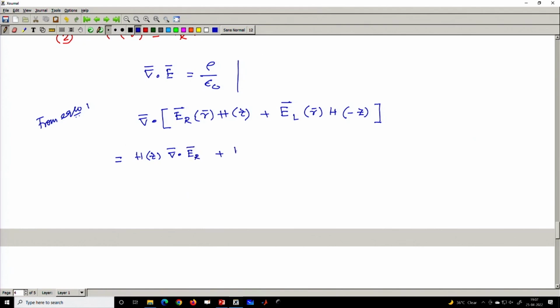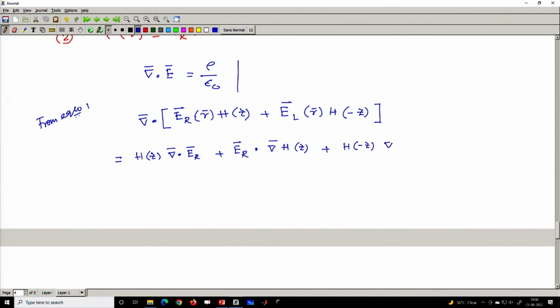Then I have E_R dot the gradient of the Heaviside function with z, right, plus this is a straightforward vector rule I am using, plus the Heaviside function,